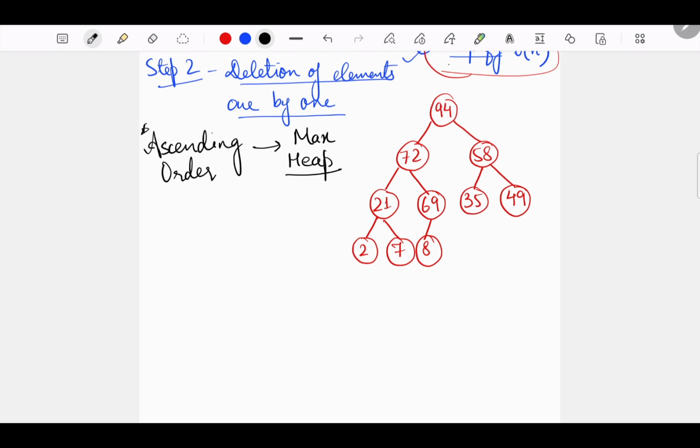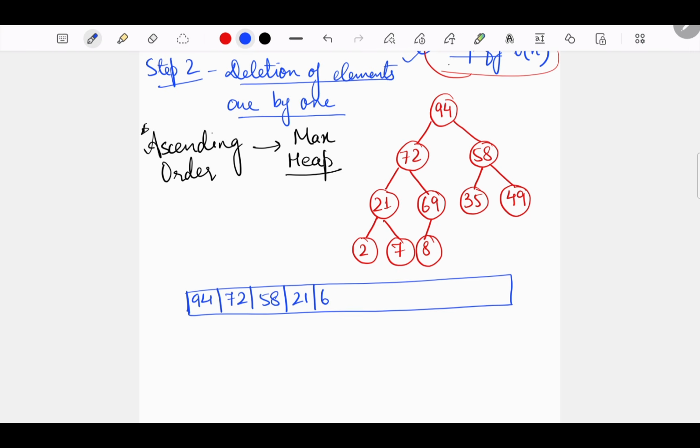Okay, so now let's see, when we want to store this particular heap in an array, how will it look like? See, I have already told you that we store it in a level order fashion. So my array will look like this.